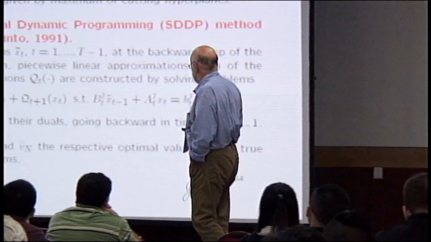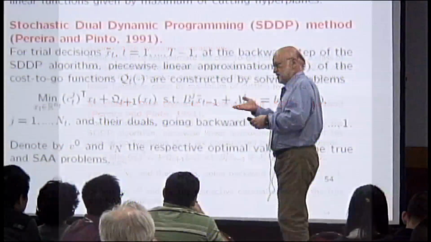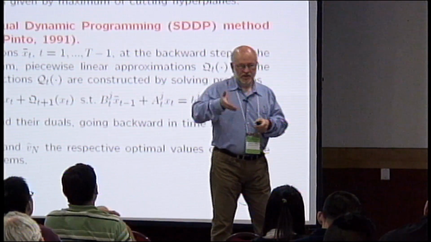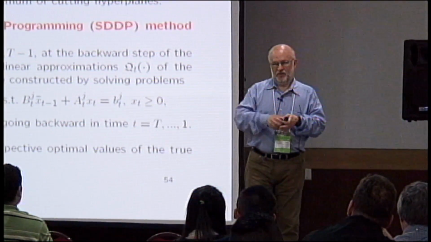And this is the idea of this algorithm, which became very popular. The original paper was developed here. The idea is going backward and forward. When we go backward, we have the cost-to-go function. We assume stage-wise independence. Even if it is not like that, with this Markovian type of property one can reduce to this case. There are tricks for how one can do that. And one computes more and more cutting planes by solving the dual problem. The dual problem gives a certain subgradient, and we add this cut, going backward all the way. If I have 120 stages, for each one of them I add cutting planes, and I have to put it